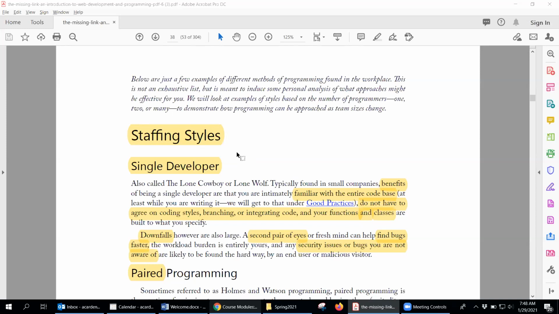The benefit is that you created the entire program or all the web pages, so you know everything. You know everything and where it is, and that's great. You don't have to agree on coding styles or what code you use, what functions you use, what everything is called. You don't have to compromise. Everything is what you want it to be. The downfall is